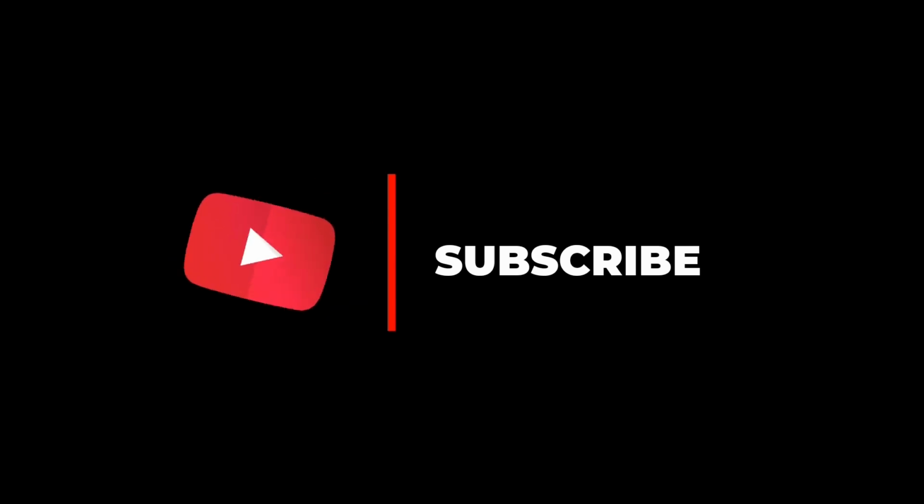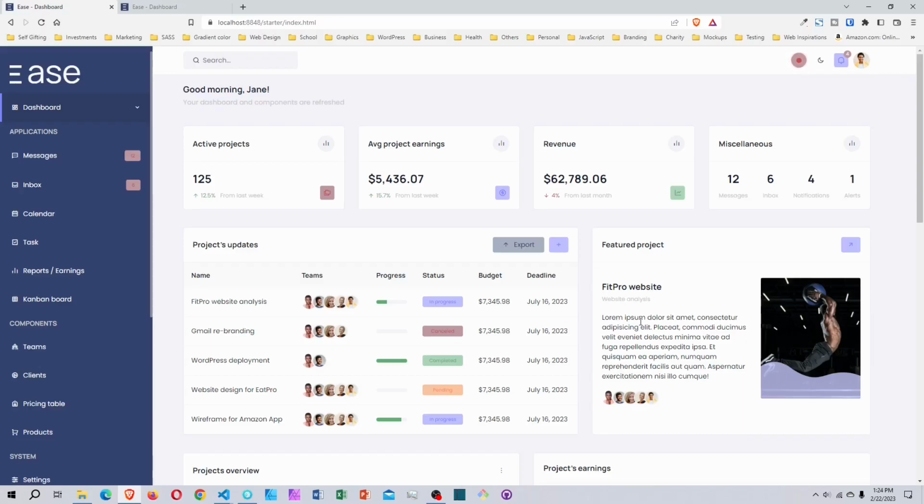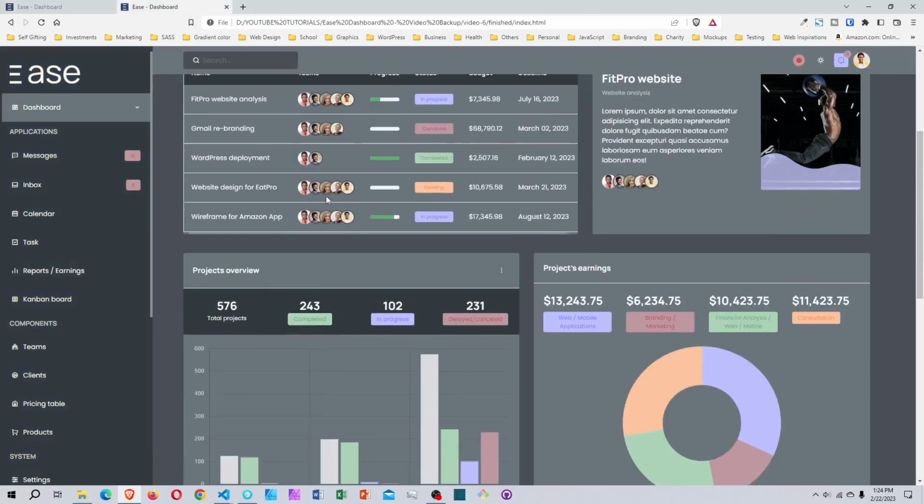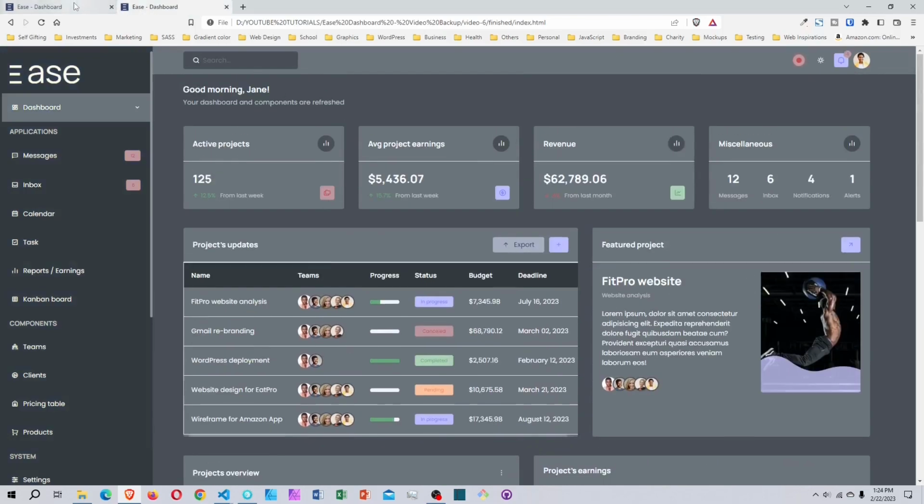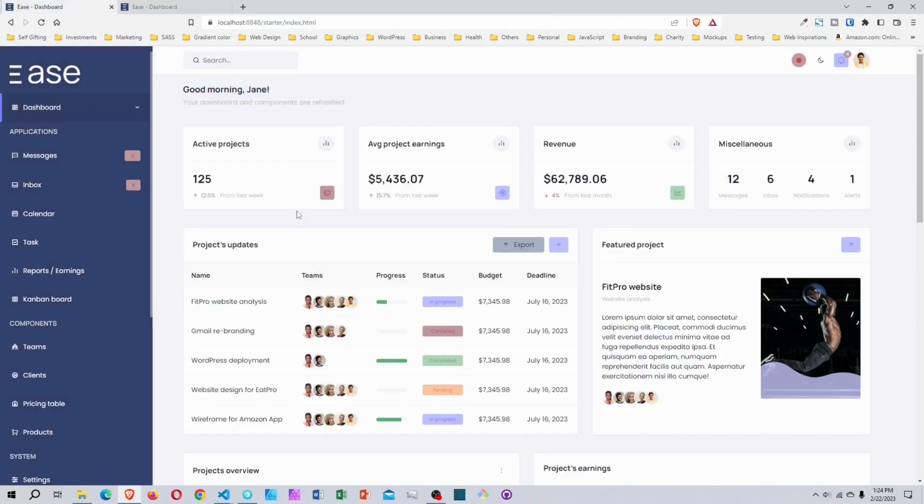As I said in the introduction, this will be the last video in this series, and we're going to be adding the dark theme in this series right here. This is the finished project right here. The dark theme, which will work on all pages, 4 pages. Okay, so if you download the